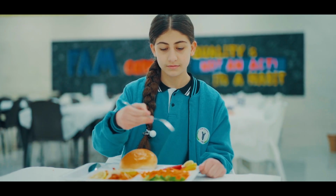And now I will tell you the steps how we get the food. Number 1, we will make a line and then we will wash our hands. Then we will grab our spoon and plates. Then we will choose our food. And finally, we're glad that we got a clean place to eat